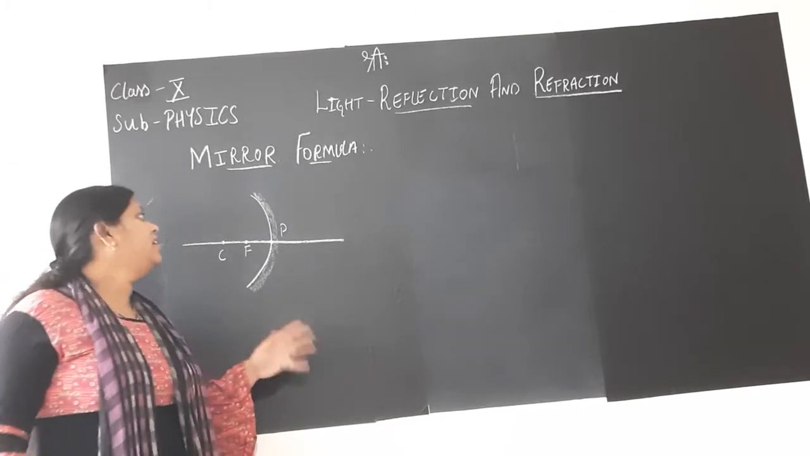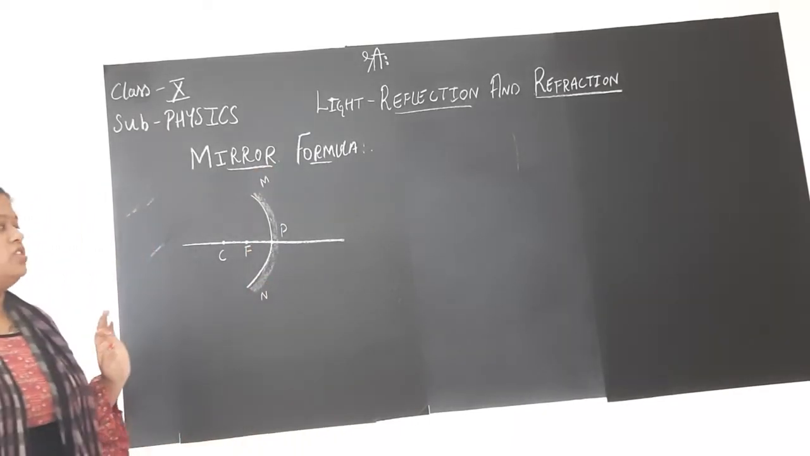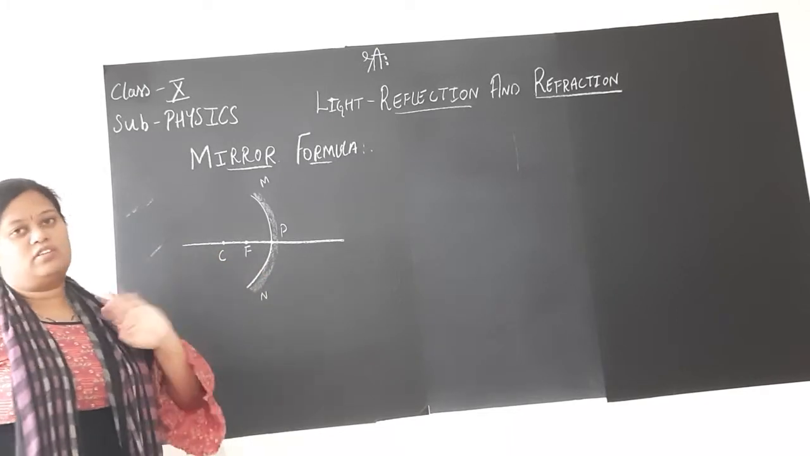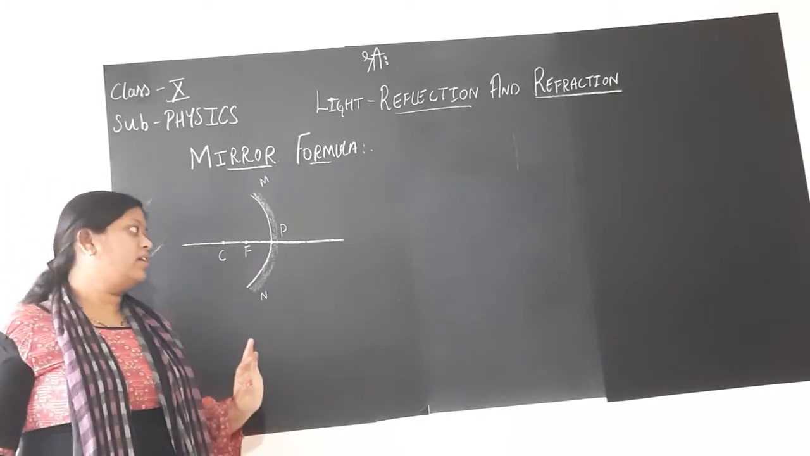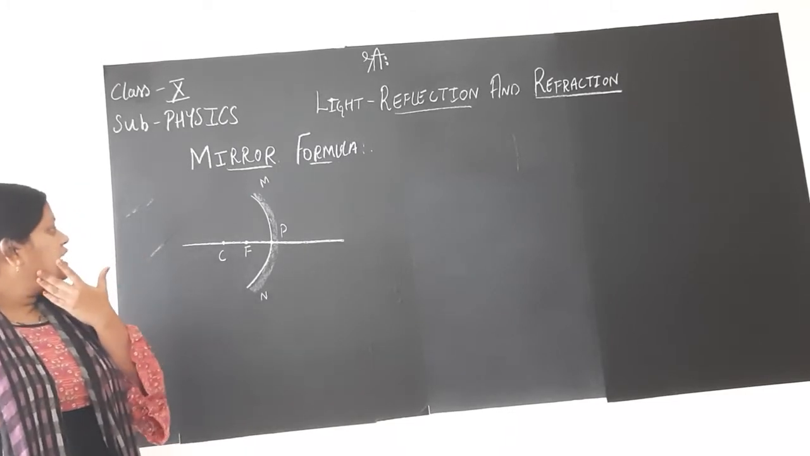This aperture is labeled as MN. Anything else you can label, children, but pole P, F and C you cannot change. You should label them as they are. Now, in the sign convention, what all we studied is, children,